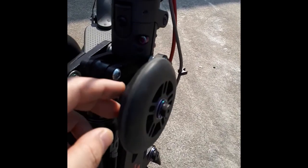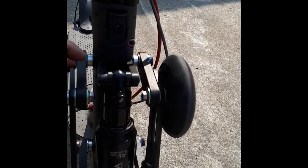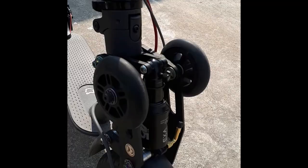So yeah, these roller bearings are good because I can actually trolley this thing around quite easily, like a piece of luggage. So I'm going to take a pause, and then I'm going to fold it. Actually, before I fold it,